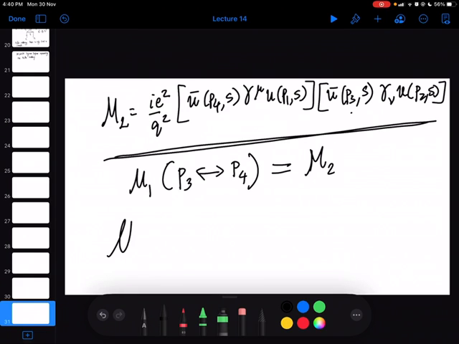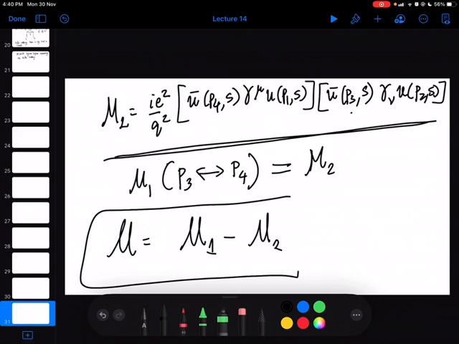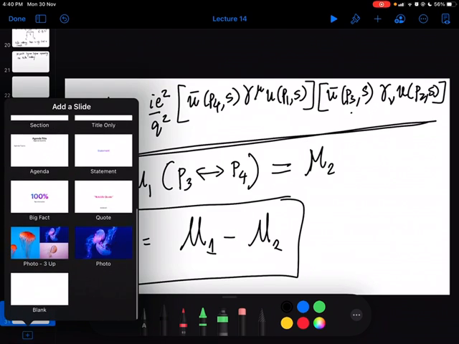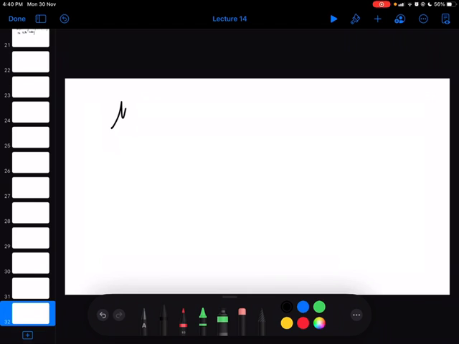So if I do that, I get a minus sign between them. So the total is M1 minus M2. So the total M is equal to minus e square by q square,